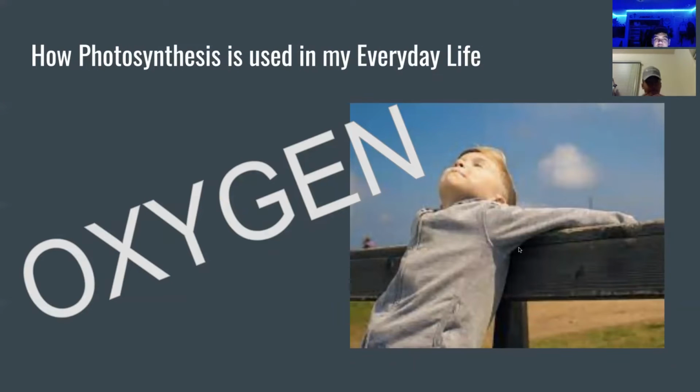How photosynthesis is used in my everyday life. The most important part of photosynthesis to my everyday life is that it produces oxygen that we need to survive. The carbon dioxide we breathe out every day is an important reactant in the photosynthesis process. We breathe out carbon dioxide and plants use that along with the water to produce oxygen that we need to